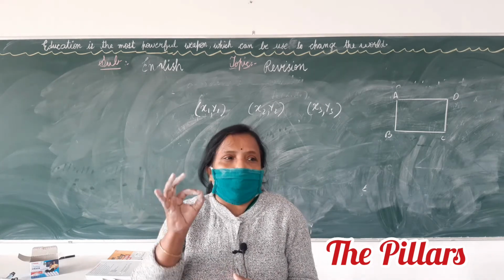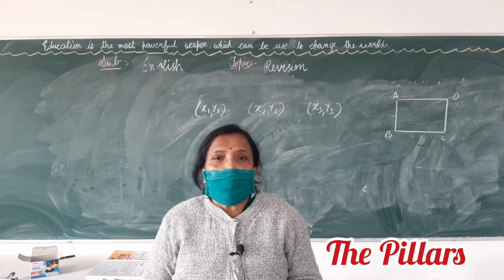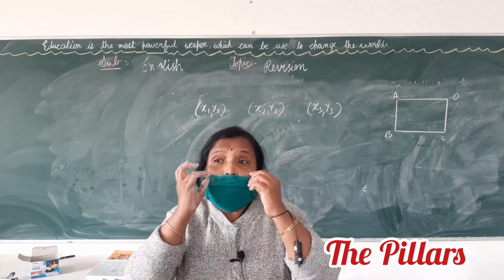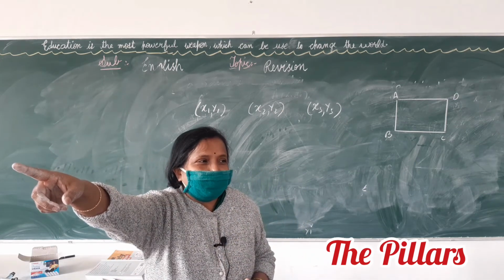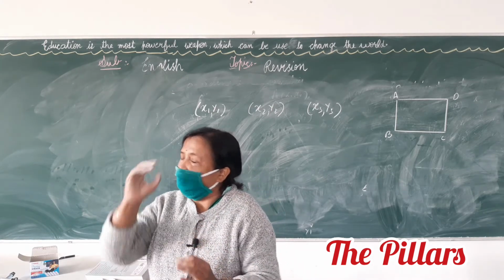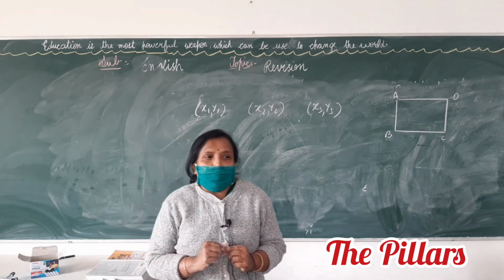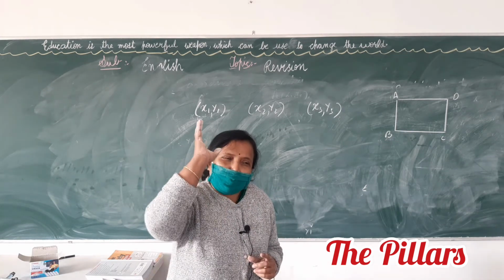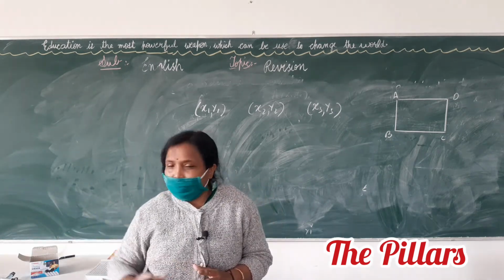Any point on x-axis. How many of you know? Raise your hand. Tell me, beta. Very good. Please clap hands for me. Any point on x-axis, he is saying x comma 0. Very good, Raj. Sit down. Aditi, tell me. Any point on y-axis. Very good. Please clap hands for her also. Very good. Sit down. Harshita.